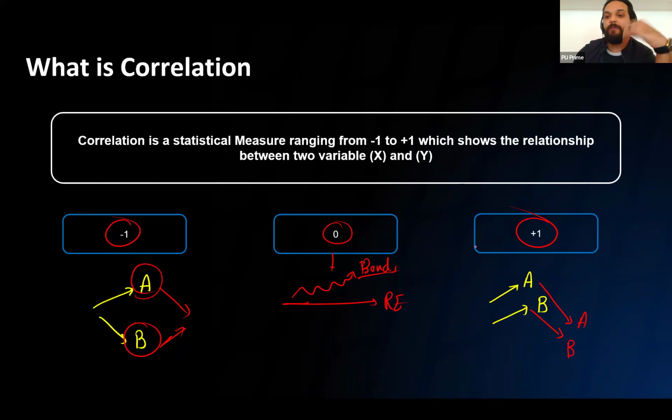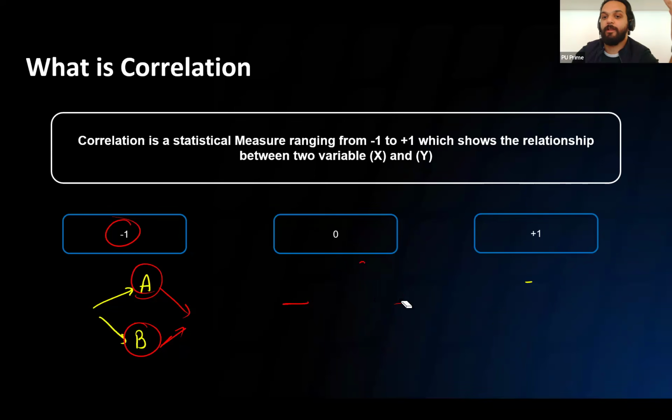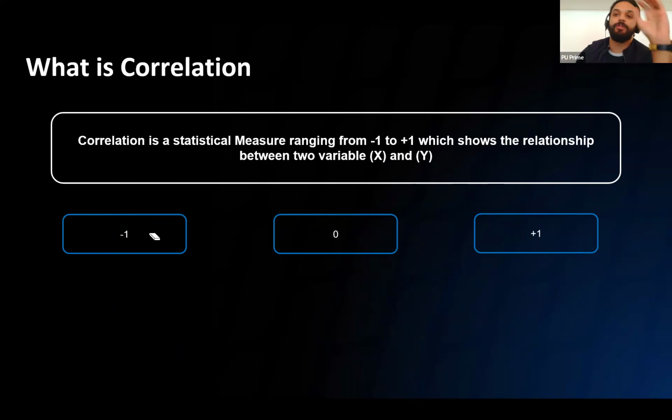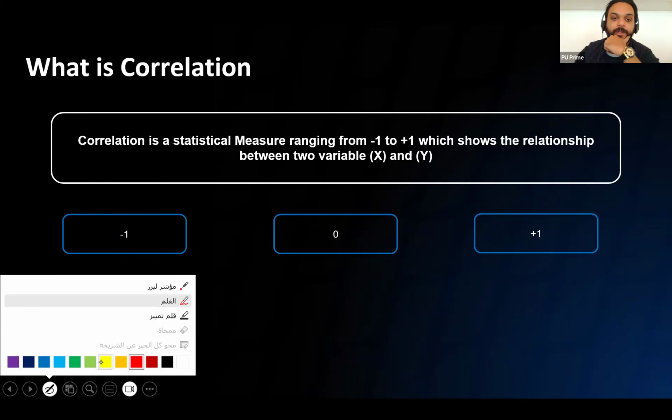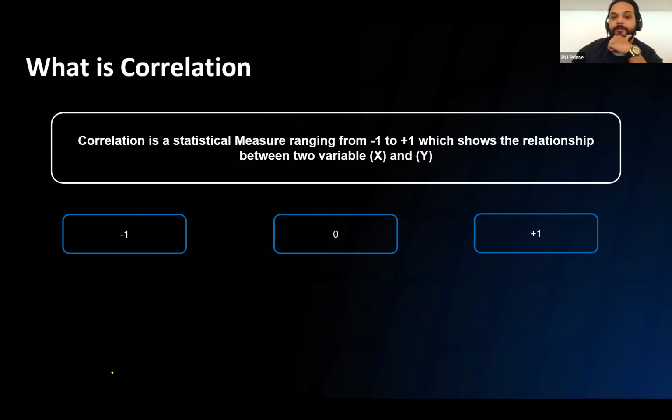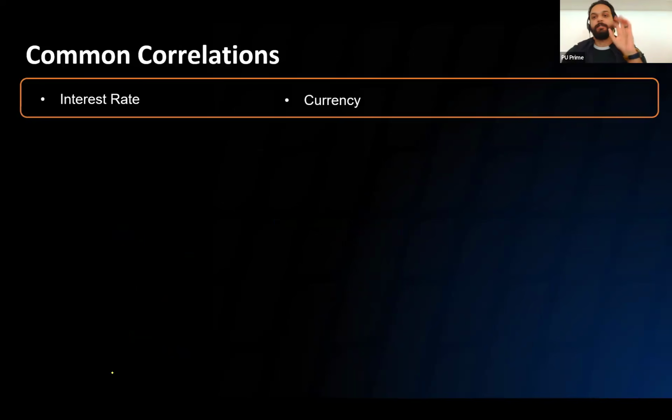Now, in terms of trading, this is the part that you care about a lot. Why should I understand correlation very well? Because let me explain to you the most important correlations that you have to understand. See, guys, the first correlation that you should understand: